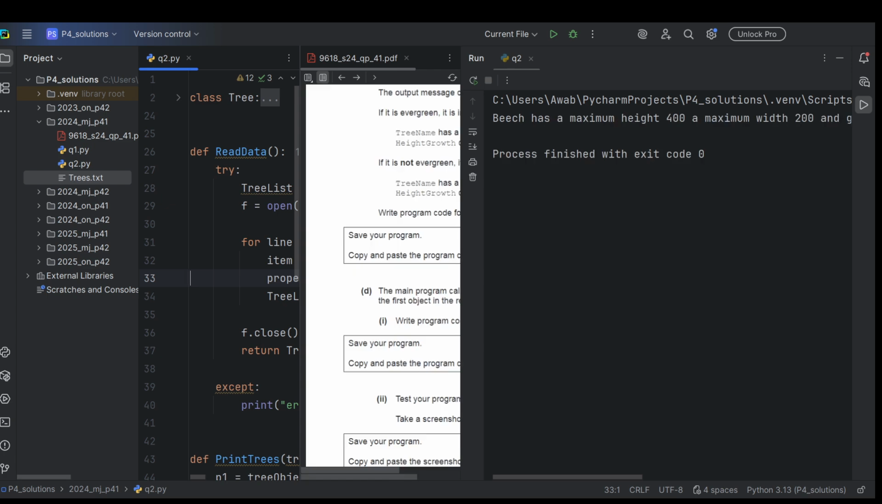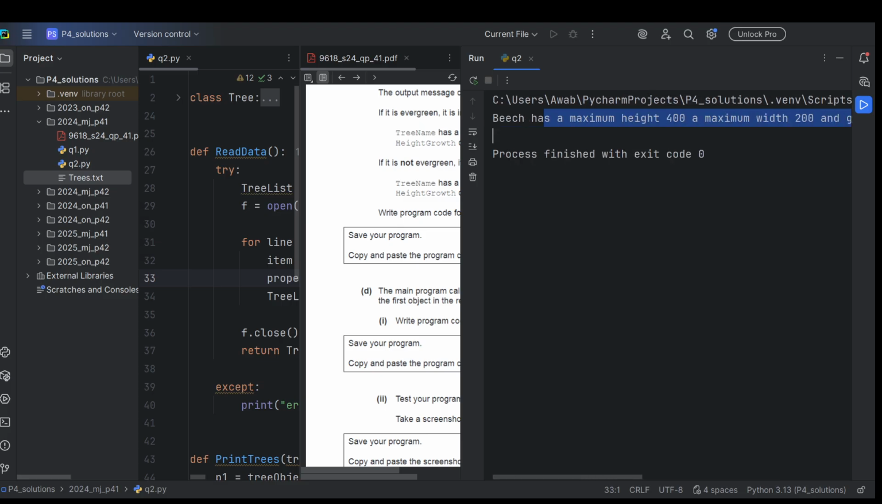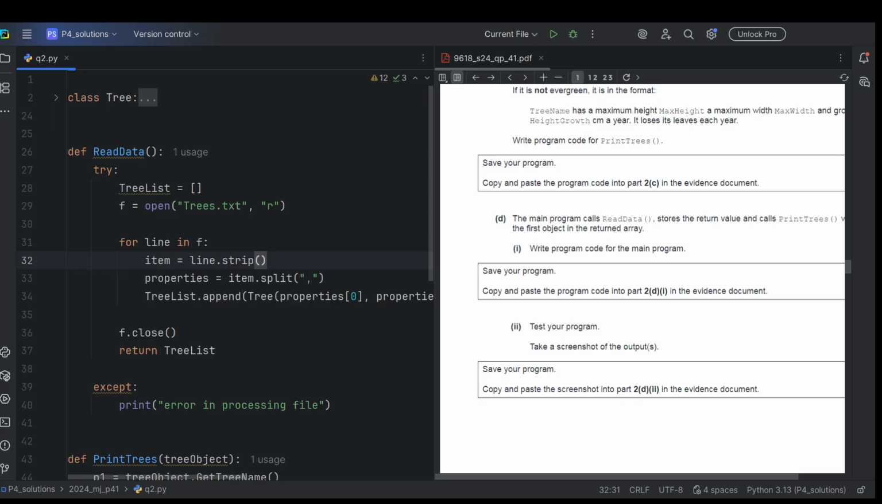Again, this is going to be the output statement. You will take the output, the screenshot of the whole thing. You are not going to copy paste it in the evidence. Okay, output will always be screenshotted and put into the evidence file. Okay, good enough. Then it says